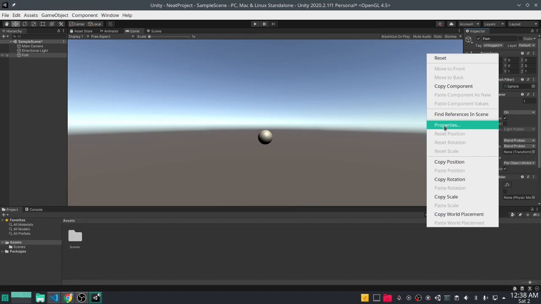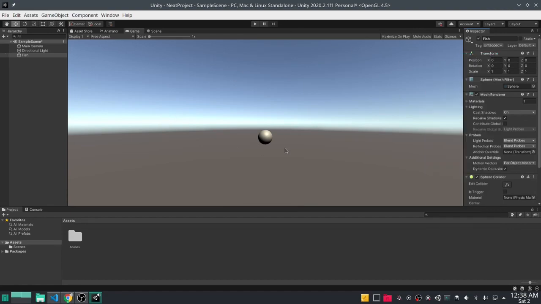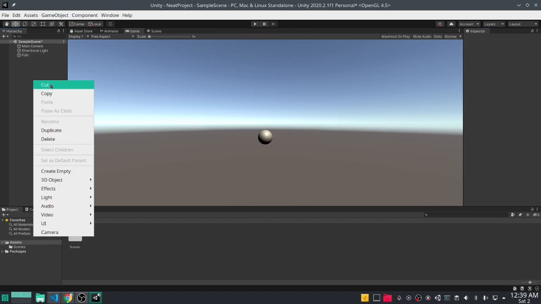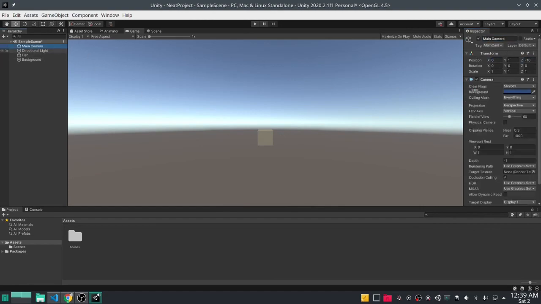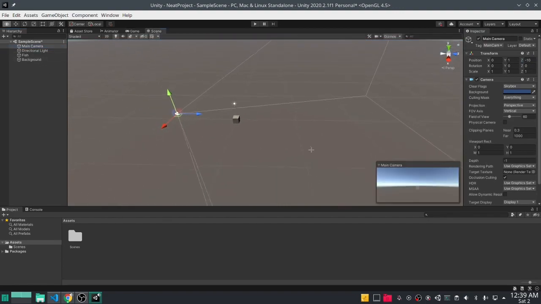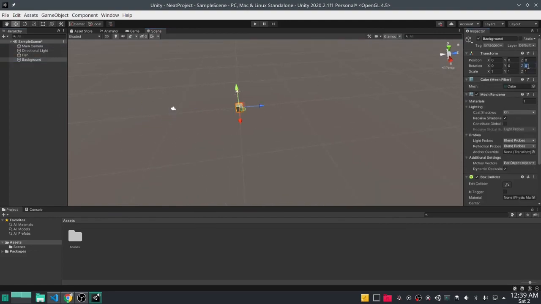Okay, let me reset that. So we're at 0, 0 right here for the fish. I'm going to set up the whole environment first, and then we're going to mess with it. So we're also going to create a cube. This is going to be our background. And we're going to move this. Let me see where my camera is. It depends on where the camera's at, -10, and it's probably facing this way. So this is 0, 0 right here. -10 is right here. We're going to move the background to 20. And then we're going to scale it 100,